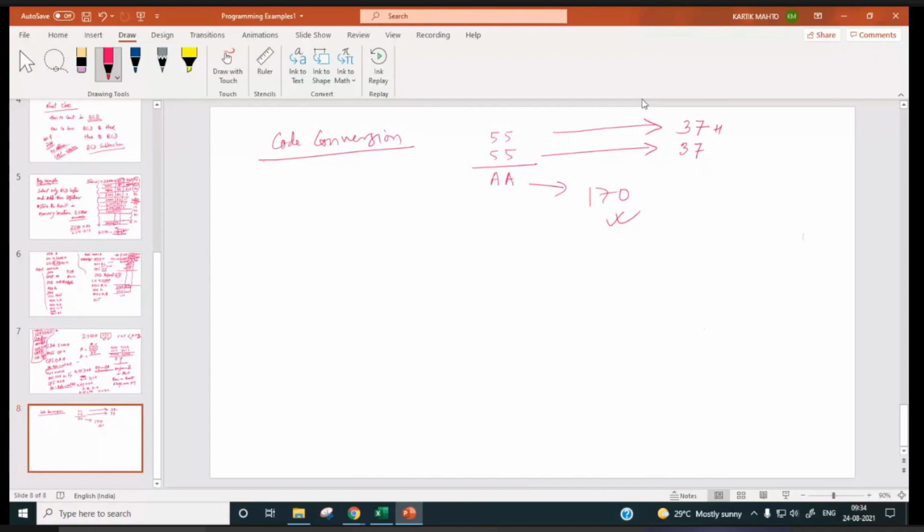Now if you add these two, what will be our result? 7 plus 7, 14 is E. Now if you convert this one to corresponding BCD value, decimal value, what will be the result?